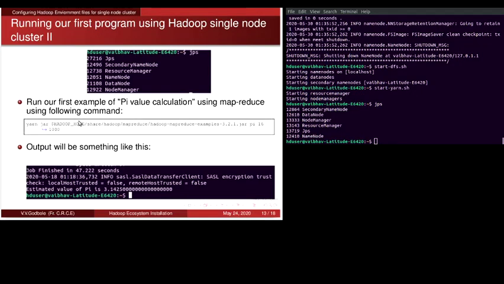Now let us run a program which calculates the value of pi by using the Monte Carlo method. So let us compile the program and see the output.